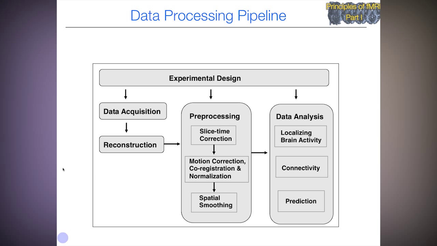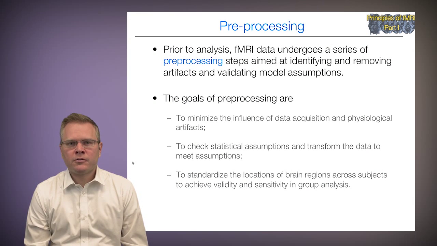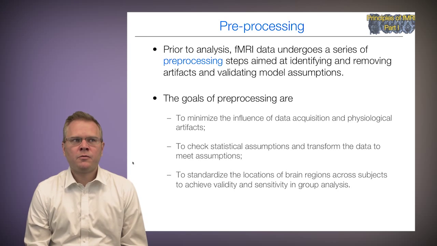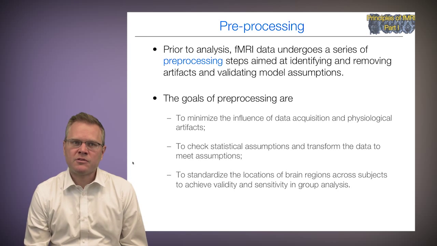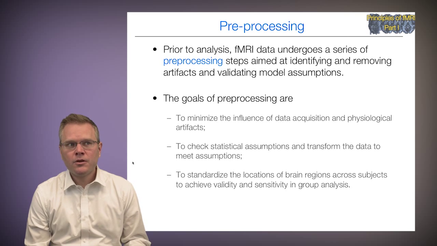Prior to analysis, fMRI data undergoes a series of pre-processing steps, which are basically aimed at identifying and removing artifacts and also validating certain model assumptions. In general, there's a threefold goal with pre-processing. One, we want to minimize the influence of data acquisition and physiological artifacts. Two, we want to check statistical assumptions and transform the data to meet these assumptions. Three, we want to standardize the location of brain regions across different subjects to achieve validity and sensitivity in group